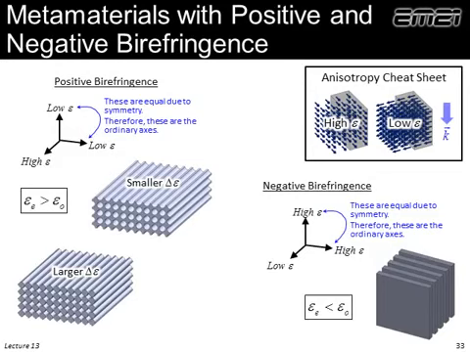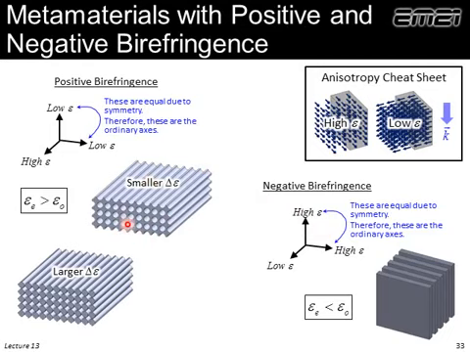So up here on the upper right is what I call the anisotropy cheat sheet. Remember this gray block, this is 1 unit cell of a grating. The blue arrows here are the alignment of the electric field as it passes through this grating. When we have the field polarized parallel to the surface, we see the highest dielectric constant. When we have the electric field polarized perpendicular to the grating, we see the lowest effective dielectric constant. Remember, the wave is going from top down. So based on this little cheat sheet, we can figure out what type of birefringence these two structures will have.